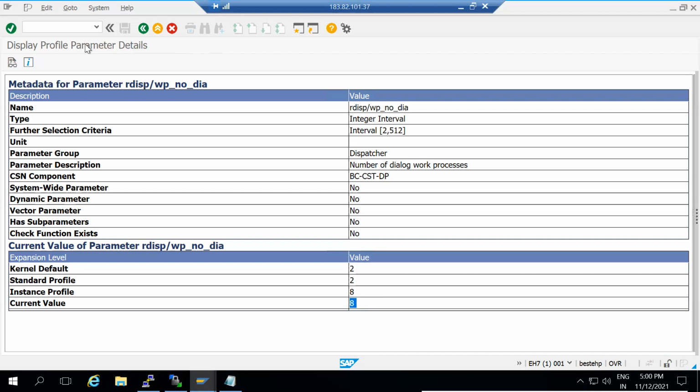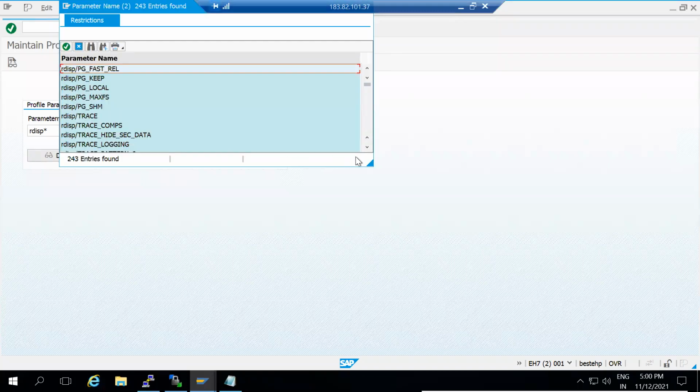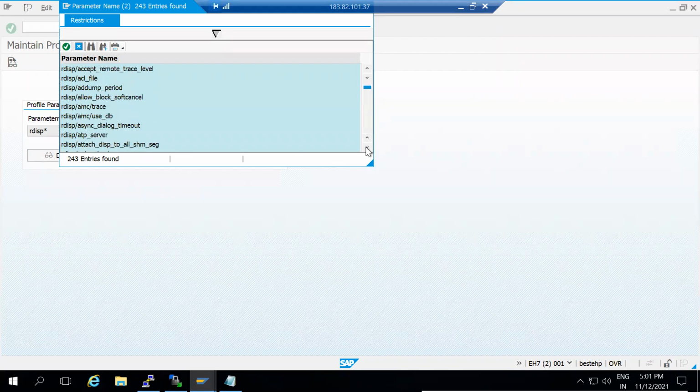Let me show you one dynamic parameter, then you will be able to understand and differentiate between static and dynamic.